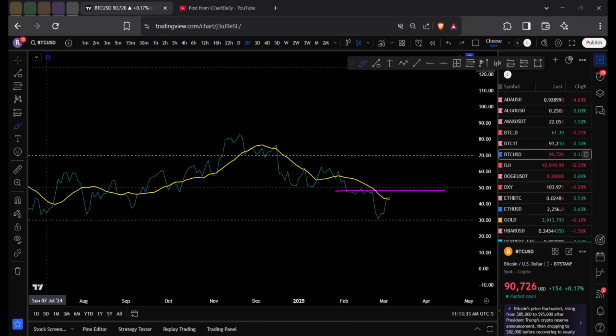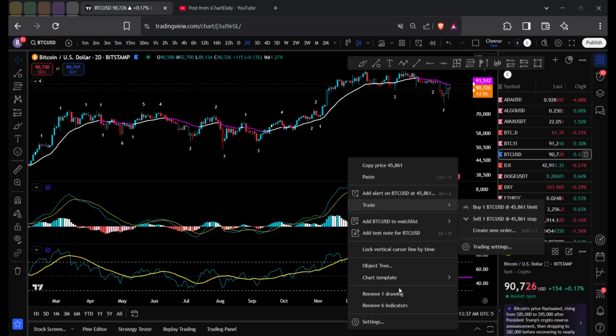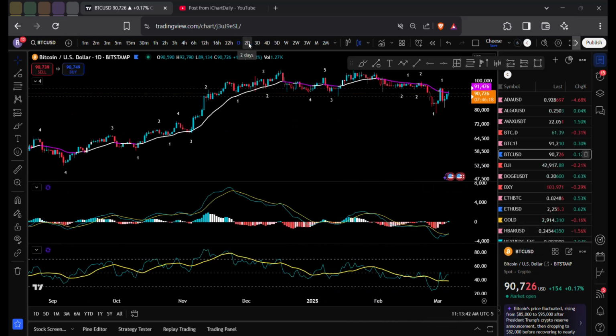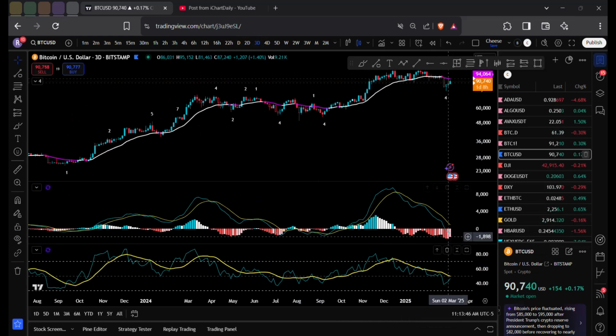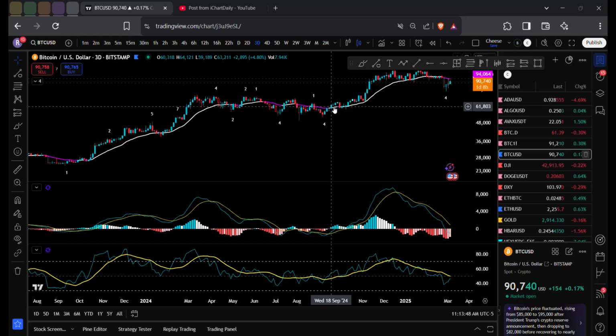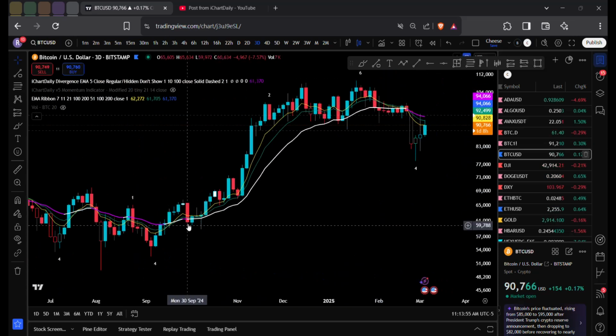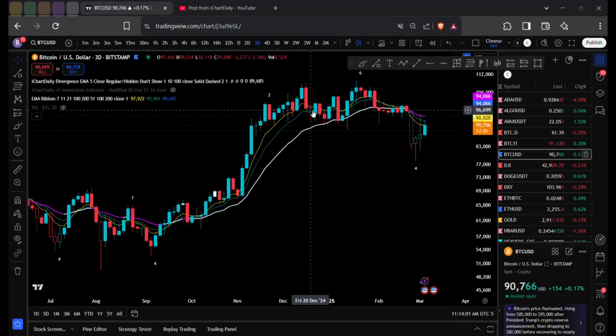Most important thing is the daily breaking the 50 line, and then once that breaks, I'll be watching the 2-day break the 50 line, then I'll be watching the 3-day, and then you're off to the races, because once we break the 50 line and then you have a golden cross, it looks like this, right? And then if we turn on the moving averages, you can see they are all in a line from here. And you are officially bullish from 62,000 to about 96,000.